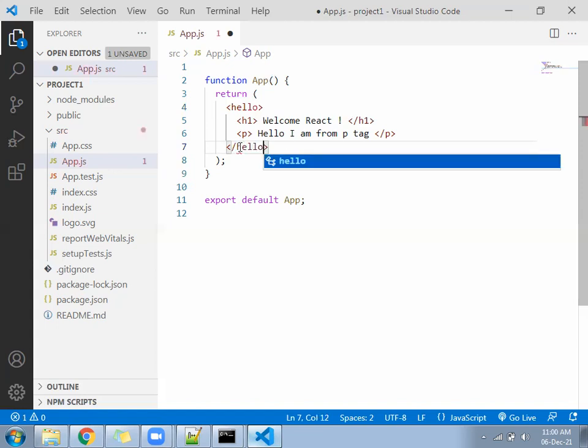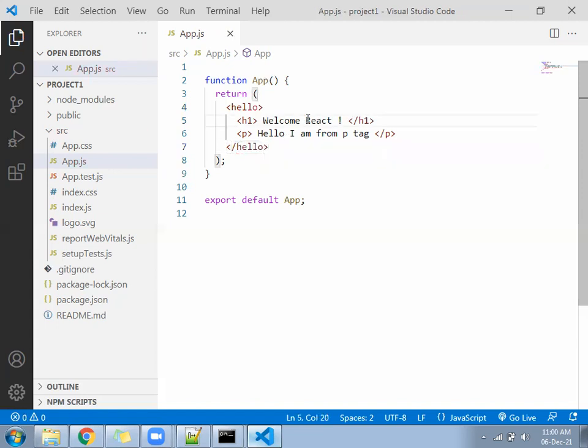Save the file, look into the browser, still it will work. That is called XHTML, and it is a part of JSX.